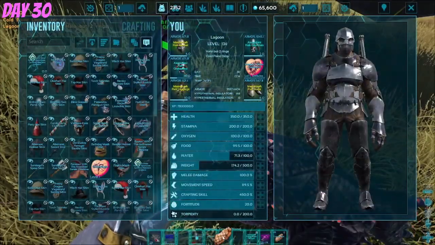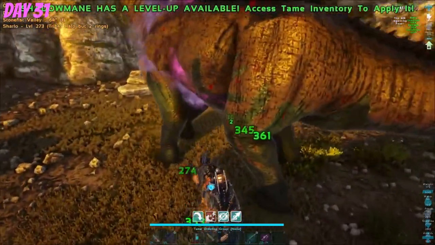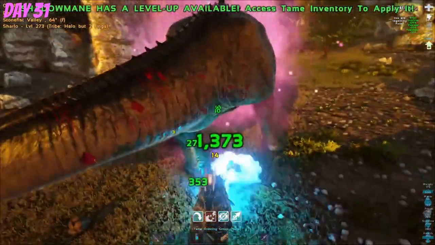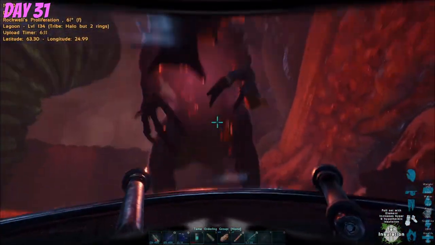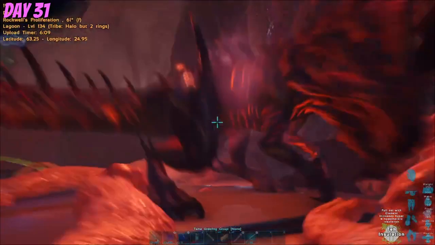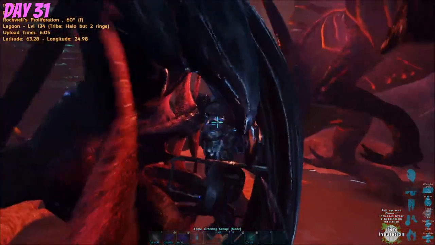Anyways, I raised up another Shadow Man. Day 31, I'm leveling him up. Also, when going to Rockwell's innards to look for mutagel, I found this 162 Reaper Queen, and I wasn't just gonna turn down that offer, so...